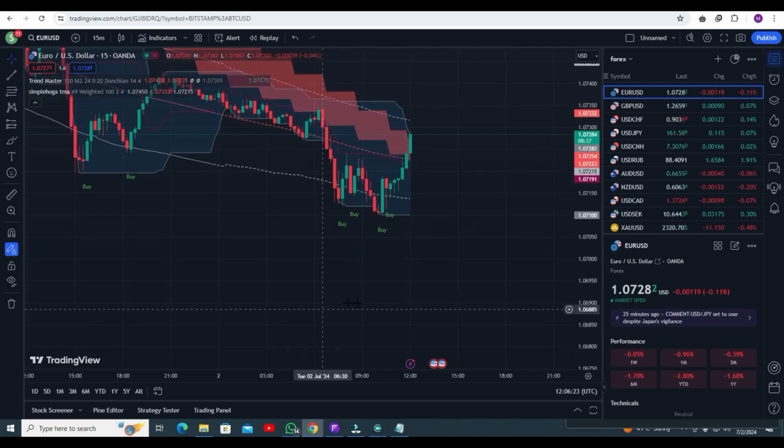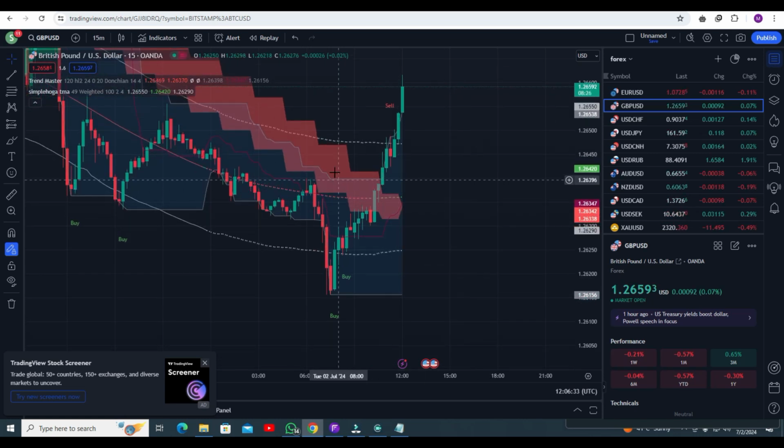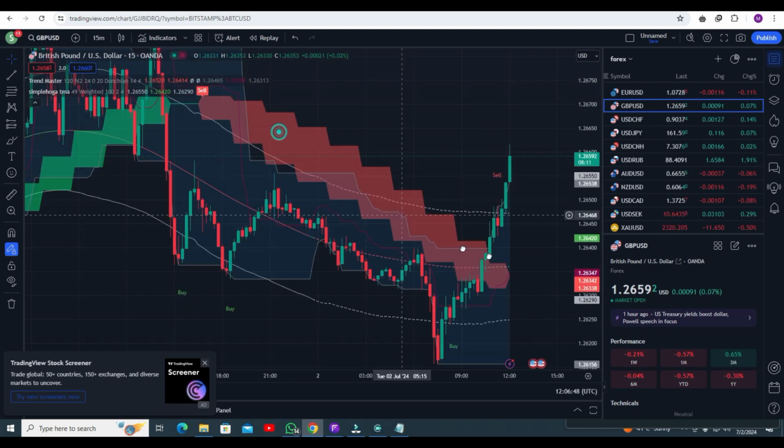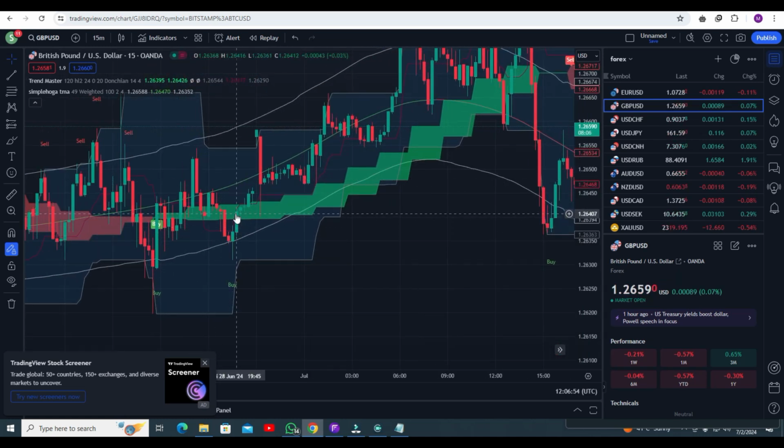Let me show you, I was looking for the live demo. Hopefully we will get a signal here. Yes, you got the sell signal, but remember I told you the Trend Master should be above the middle line, then you have to follow the sell signal. Like here, this one is your wrong signal. You do not need to follow this sell signal. You need to follow this one. The Trend Master is below the middle line, so you can follow this buy signal or this buy signal.